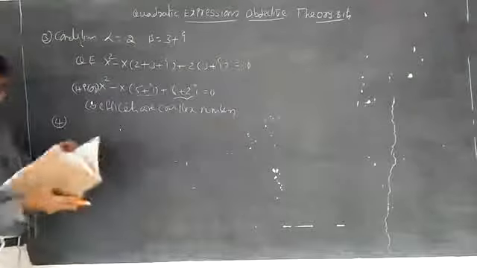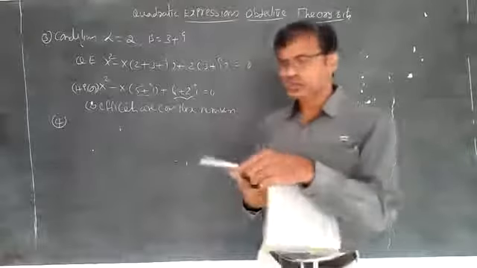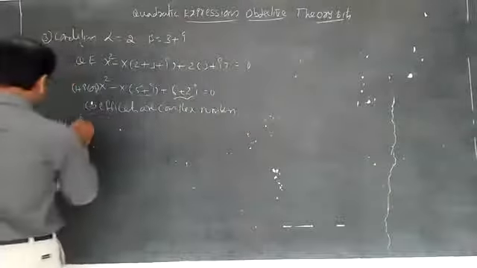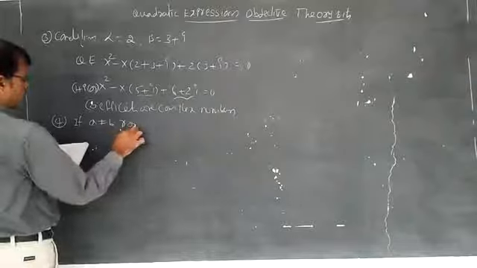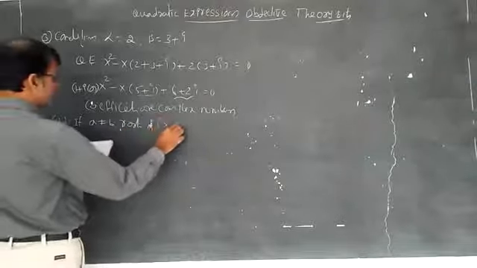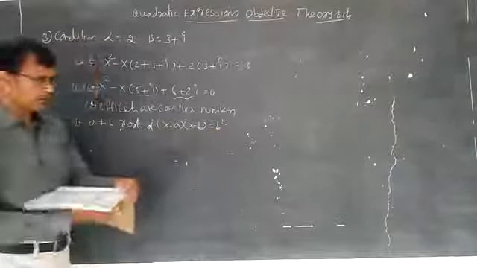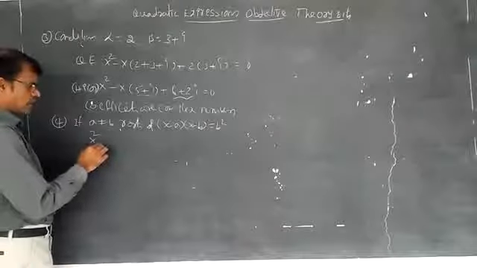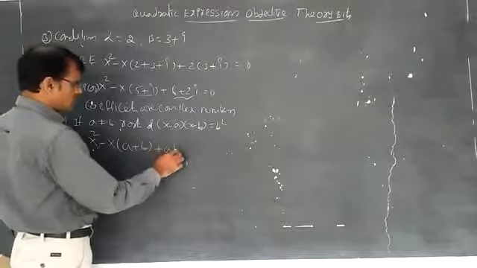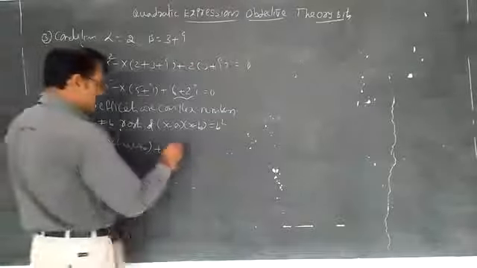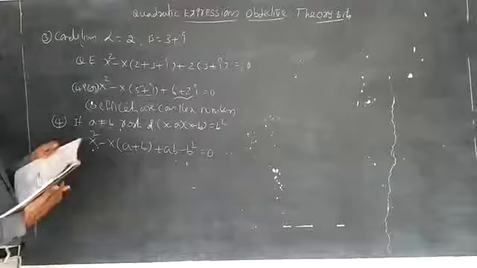Now, fourth question. This is the fourth option, third question. Fourth question: A not equal to B, given this condition, the roots of (x minus A) into (x minus B) is equal to B square. Multiply like this: x square minus x into (A plus B) plus AB minus B square is equal to 0. A not equal to B, roots of this.